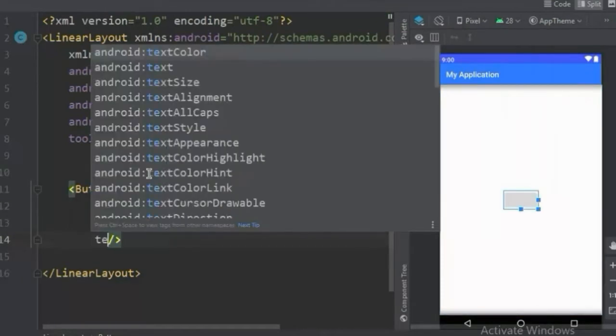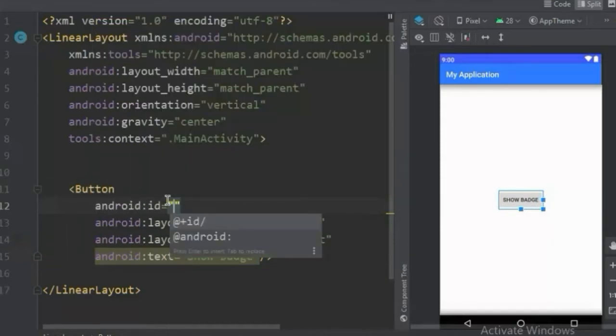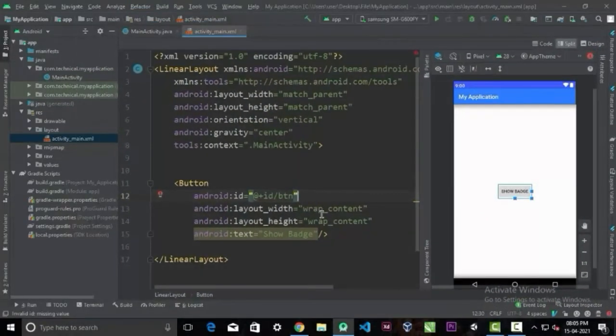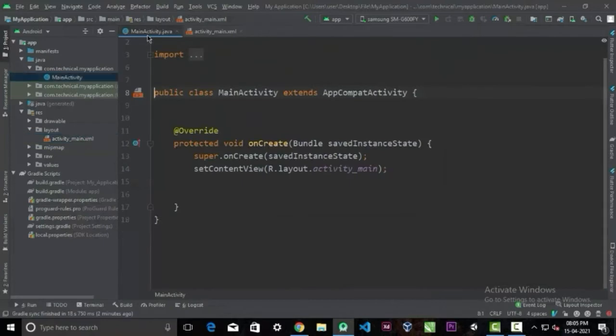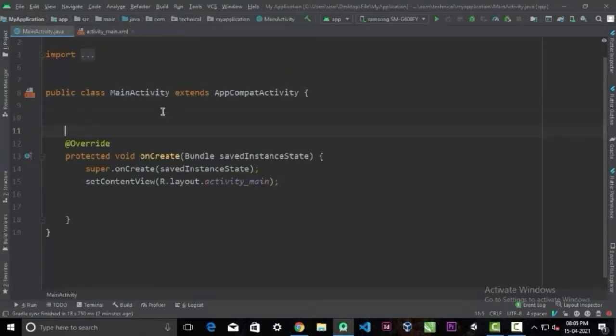We'll give this button the text "Show Badge", and we also need to give it an ID to find it in our Java code. I'm going to simply call it button. So in this app, when the user clicks this button, we're going to show a shortcut badge. But in your case, you can always add other methods to show this badge.